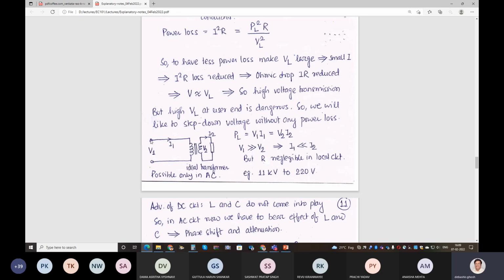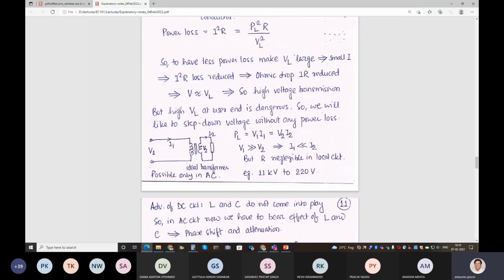So what we do, we make this V1 very large. Accordingly, the power PL which you require at this end appears at what is called the primary side of the transformer, where PL will be equal to V1 into I1. Since V1 is large, I1 will be small, and hence the power loss in the primary side, that is the long distance transmission, will be small. Now the same power PL